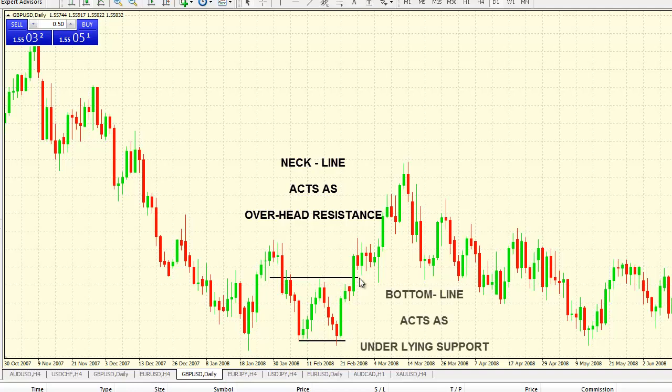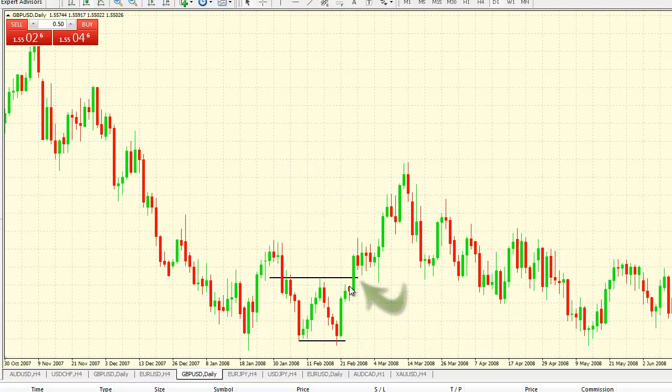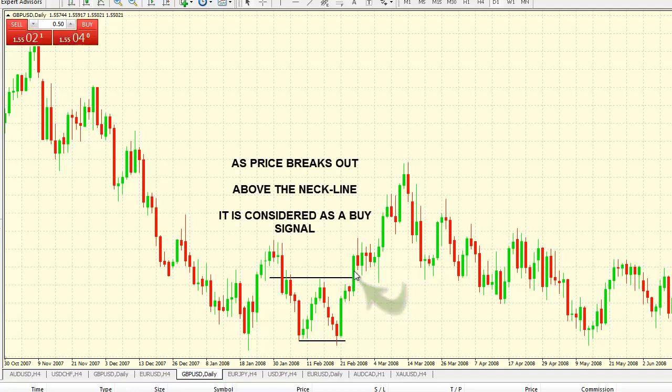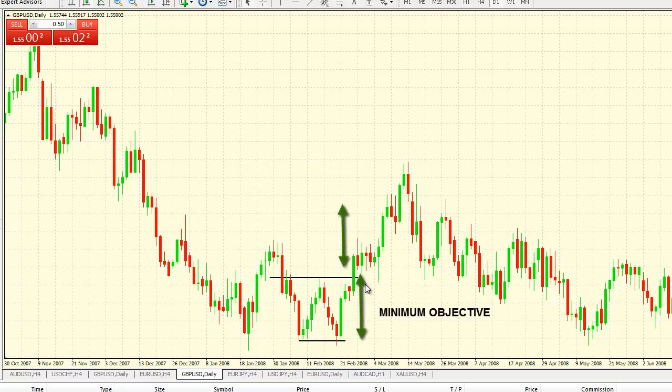This neckline acts as the overhead resistance, while the bottom line acts as the underlying support. Once the price breaks out above the neckline, the pattern is said to have been triggered, and it is considered a buy signal. The price is expected to rise to higher levels by at least the amount of the minimum objective, which is the perpendicular distance. So this is how we can use a double bottom pattern as a trade signal to initiate